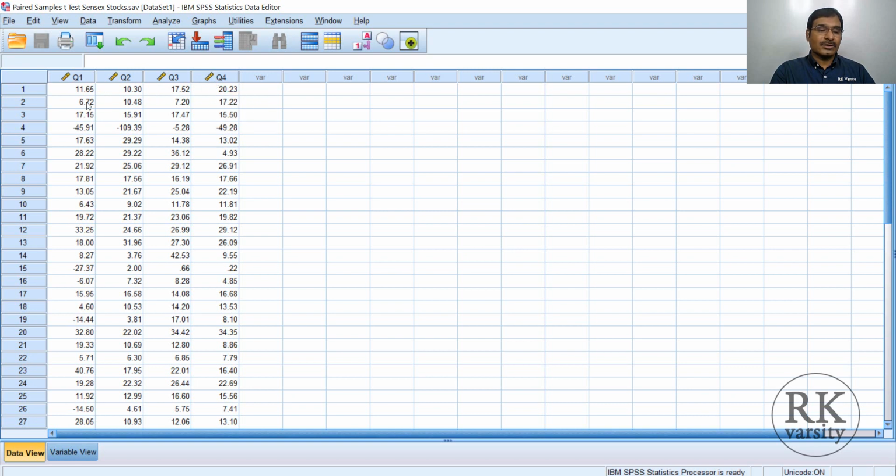That is because quarter 1 is the beginning of the year and Q4 is the end of the year. So is there any relationship between the average net profit margins earned by these sample companies during quarter 1 and quarter 4? So first, what we need to do is check for